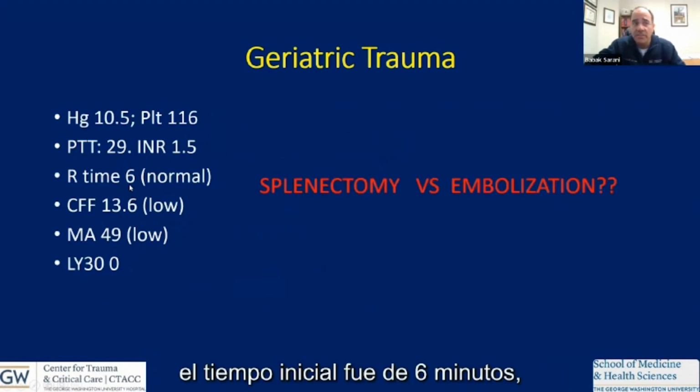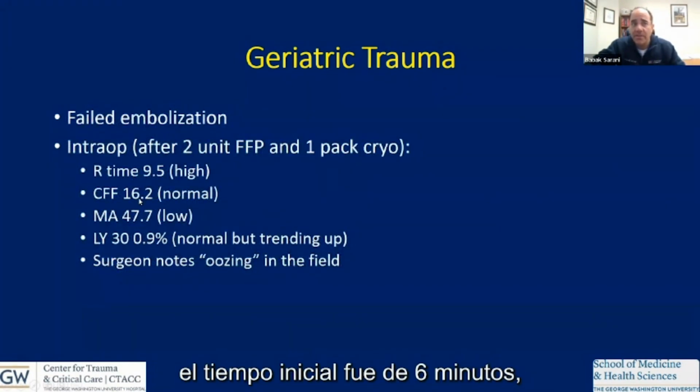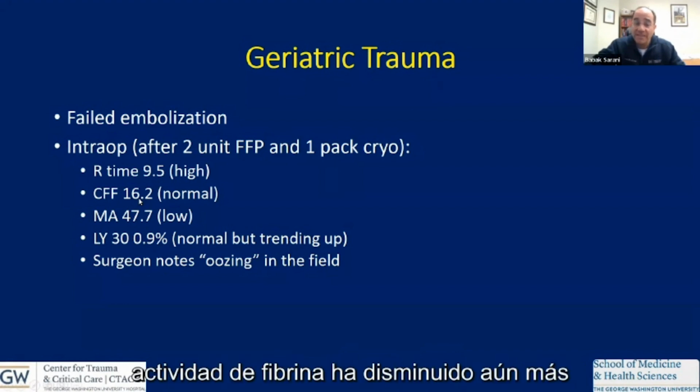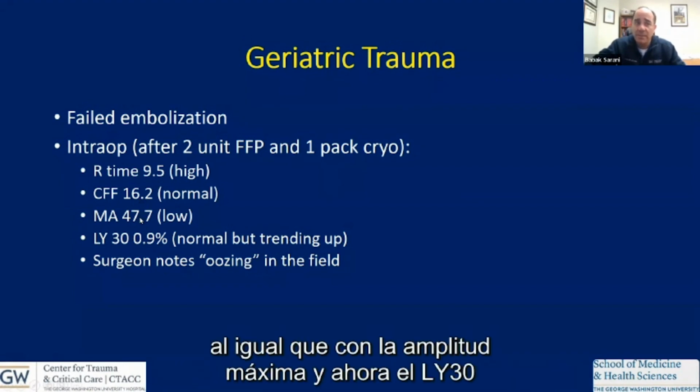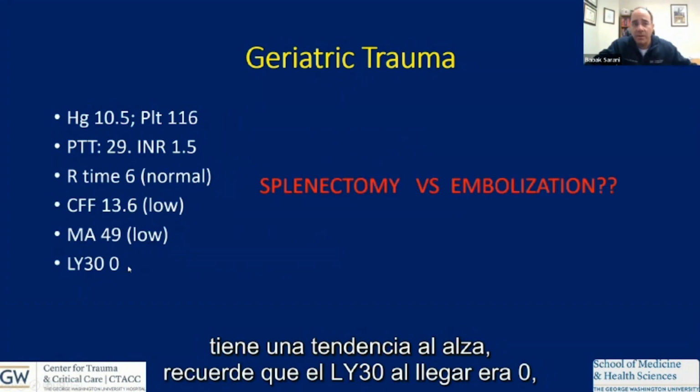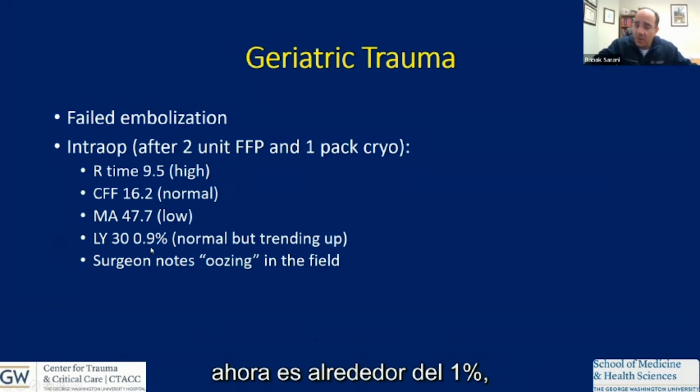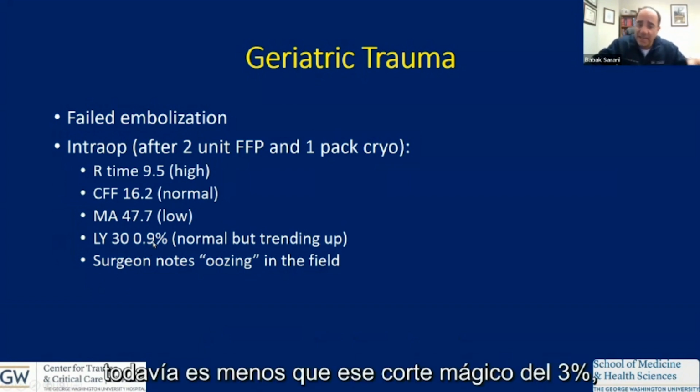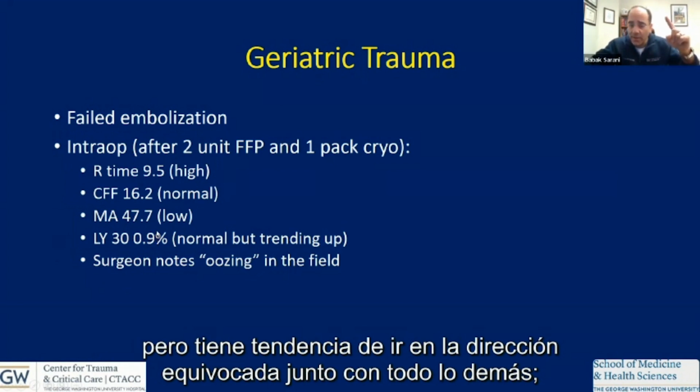The initial R time was 6 minutes. Now it's coming up on 10 minutes. The fibrinogen activity has dropped even further. Same with the maximum amplitude. And now the LY30 is trending up. You'll recall that the LY30 on arrival was 0. Now it's about 1%. It's still less than that magical 3% cutoff, but it is trending in the wrong direction